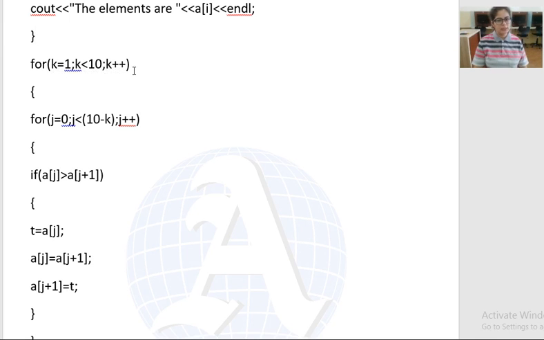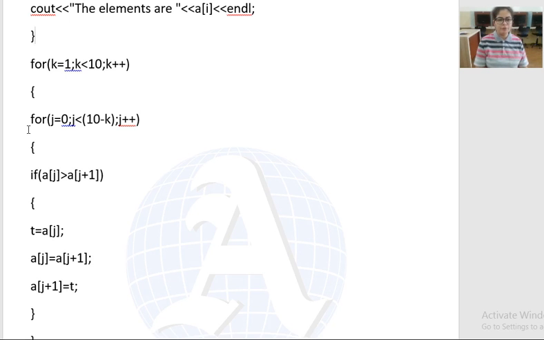Now we have applied this loop for the first 10 numbers. You can also enter 6 numbers, 7 numbers or 5 numbers. Now start with the curly bracket. Now we have to apply the mechanism. As you have studied bubble sort, first of all in bubble sort we have to apply 2 conditions. One condition is for the pass, that we have to repeat the pass. Now the second condition is for inside the pass. Inside the pass we always have to repeat the steps like swapping of 2 numbers.